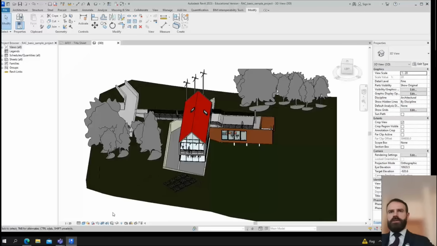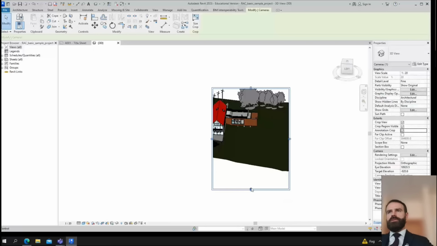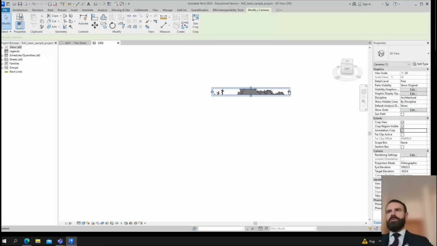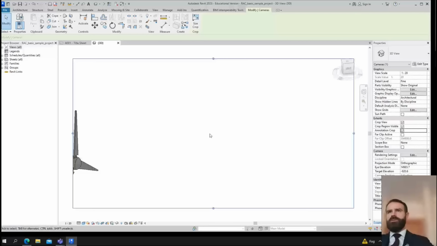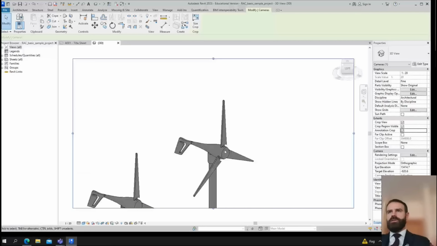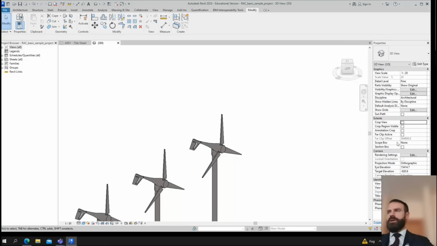Crop view, so I can crop my view with cropping tools, and I can select only the part which I want to see in my drawing. So let's say I want to see only the wind turbines in my drawing. I double click mouse wheel and I have wind turbines in my drawing like here. If I want to go back, I just turn off the cropping tools. So I can do it in the properties, or I can do it in the bottom part,